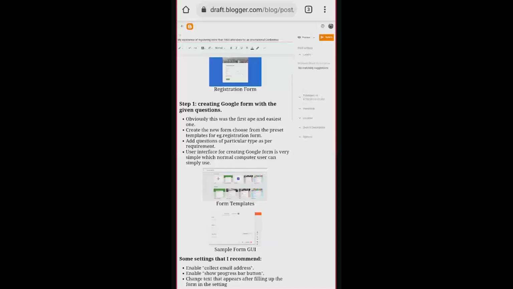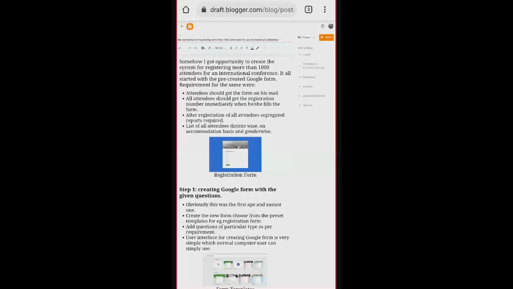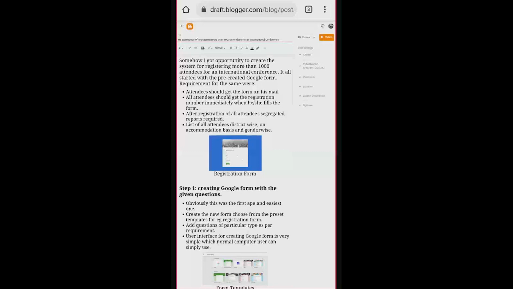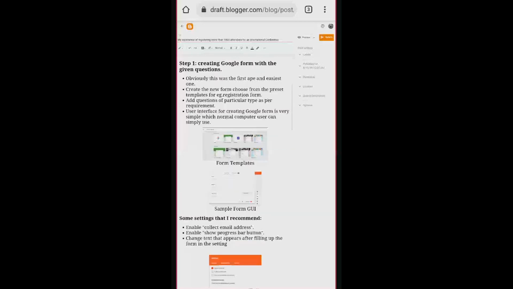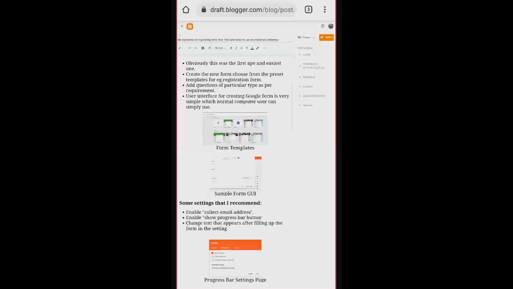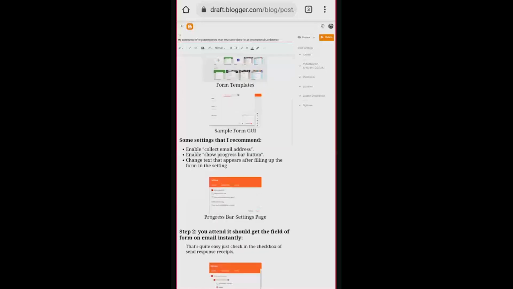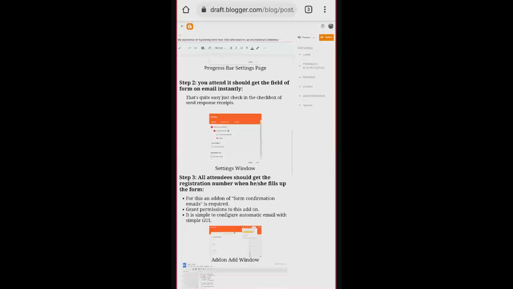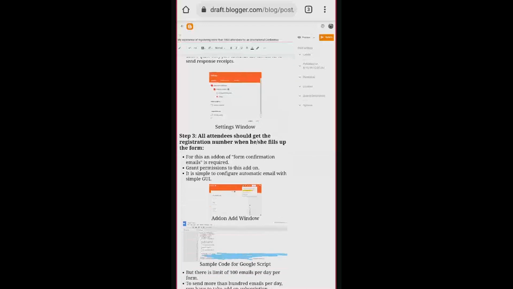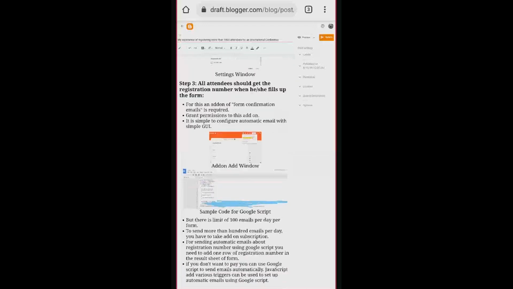Okay. As you can see, I have some text bolded, there are some images inserted, there is some extra information there. And I have just written the steps I followed. For example, the first step was creating a Google Form, and that I think everyone can do easily. You attend it, you should get the form, and it should collect the email ID. Now that is the thing that most would not find easily. So I listed out here how to add a registration number for a particular attendee.